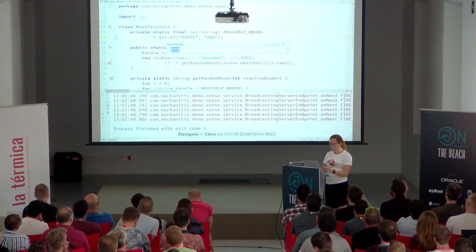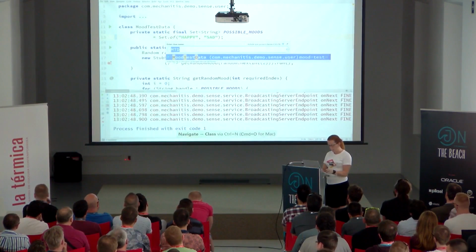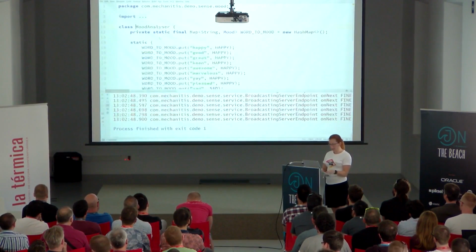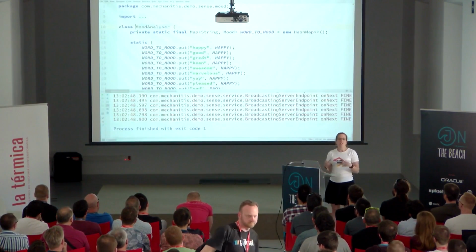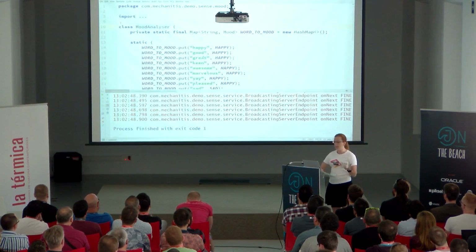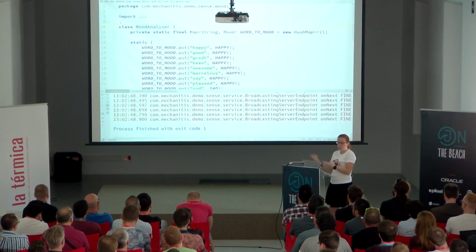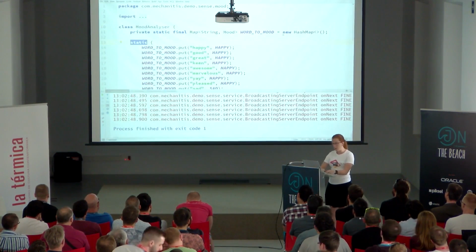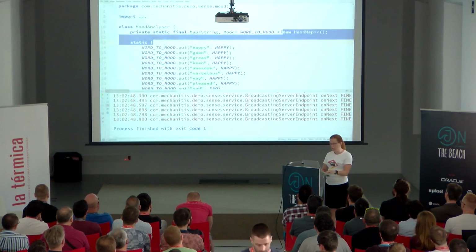We can do the same thing with maps. So, mood analyzer. If you want to initialize a map with just some set of standard values right at the beginning, so in this particular case, I wanted to map words to a mood which might relate to that mood, you have to do this. You have to have a static block, and it's kind of ugly. And what you can do now is you say